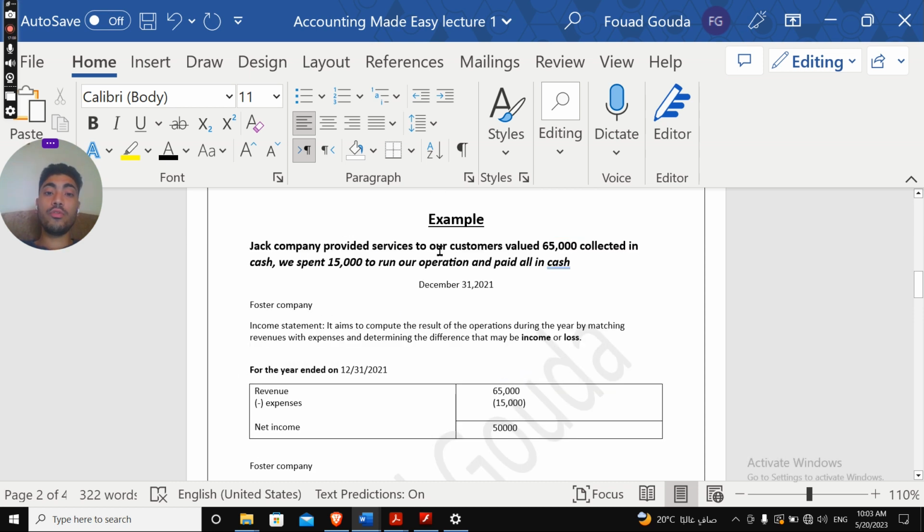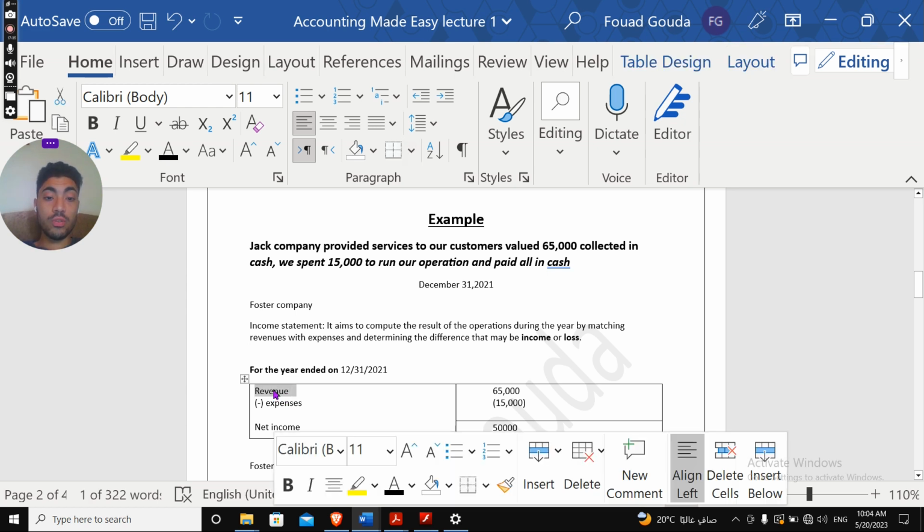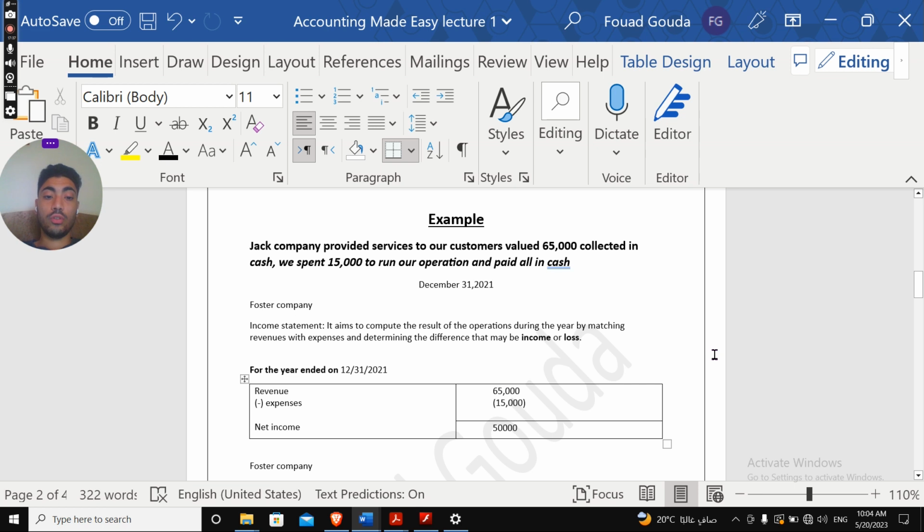So let's read again. Jack Company provides services to our customers valued 65,000 collected in cash. Alright, and we spent 15,000 to run our operation and paid them all in cash. Alright, so we did services for 65,000. This is called a revenue. So we earned a revenue. We write revenue for $65,000, and we had to pay $15,000 expenses